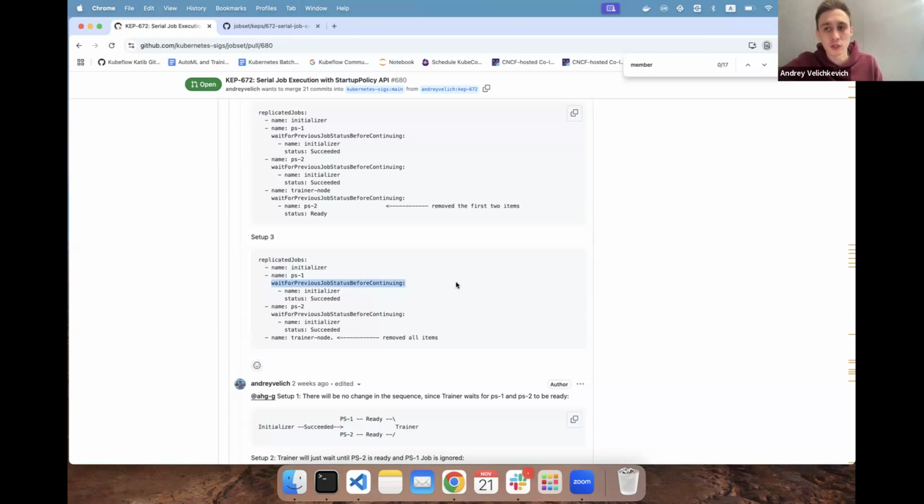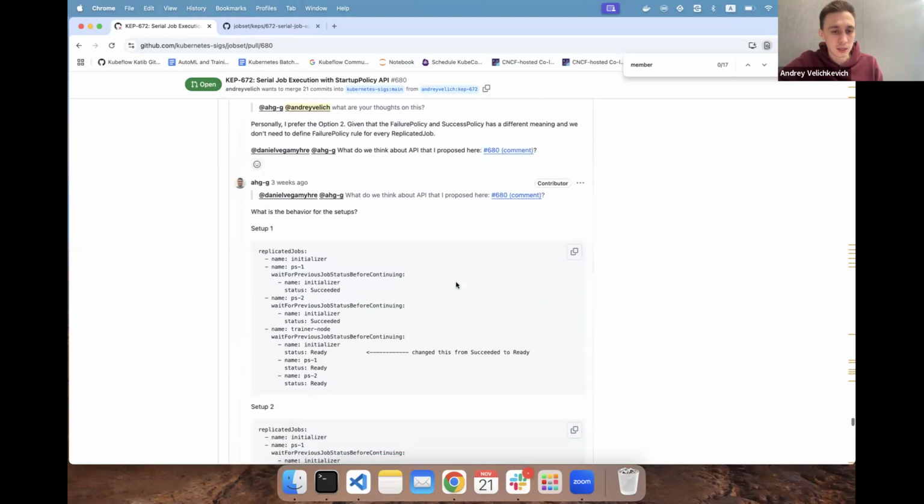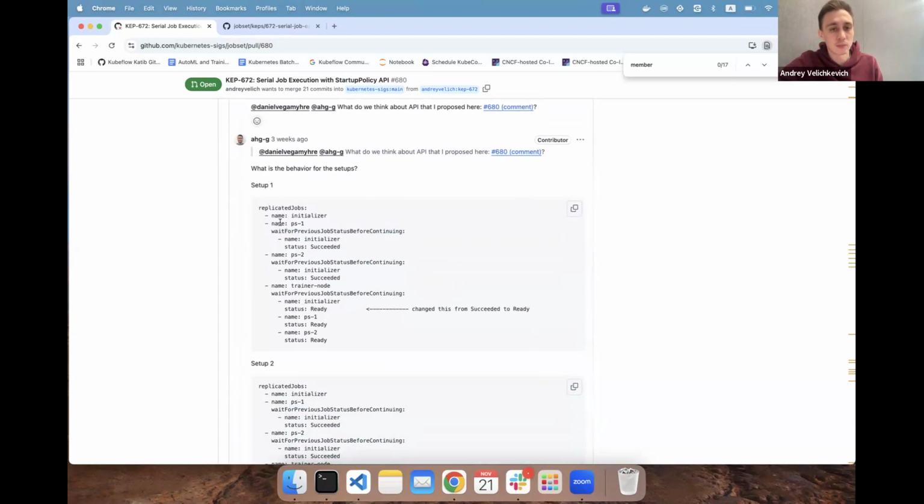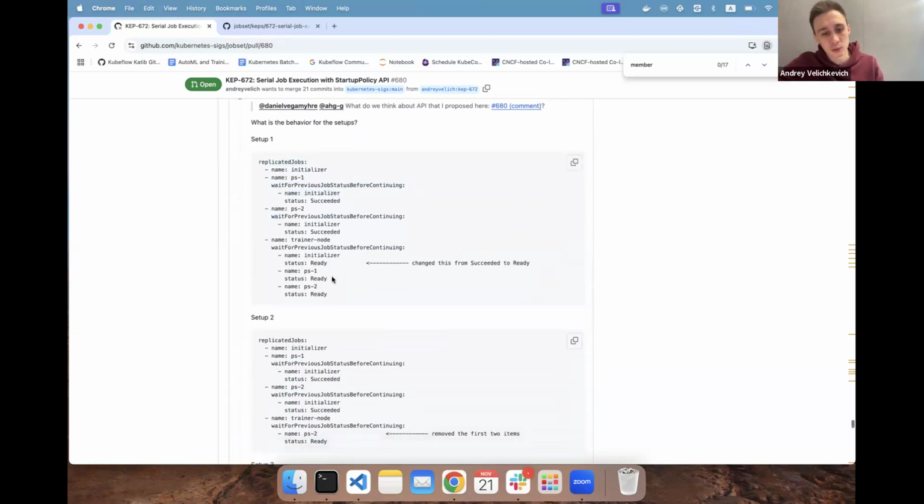So the only question and maybe only discussion that we might have is, what do we think about the different API ideas? One of the ideas was to introduce a parameter on the replicated job called wait for previous job status before continuing. And here we're just going to add the name of the previous job and the status of the job that we need to wait for. Another idea was to,